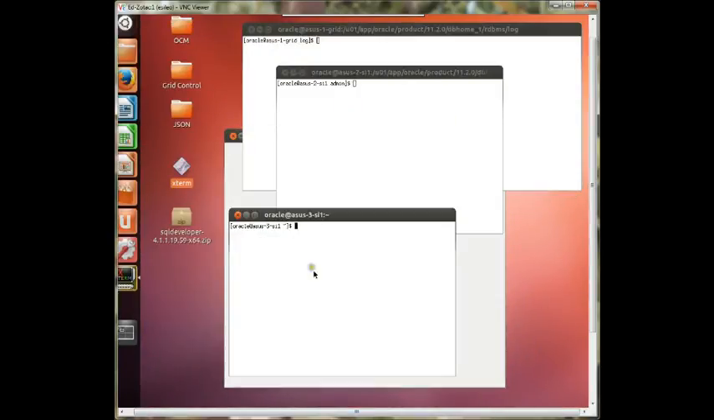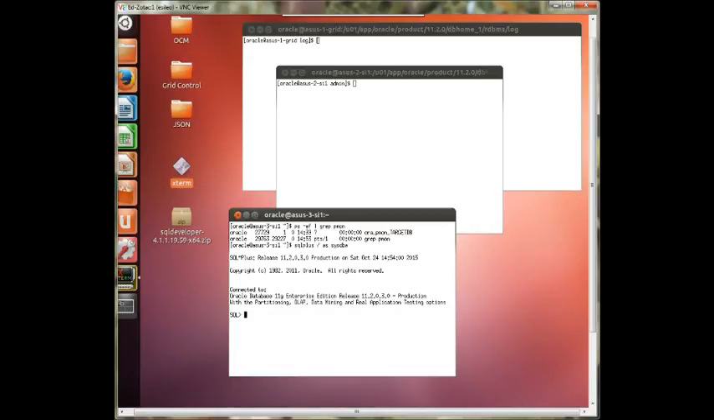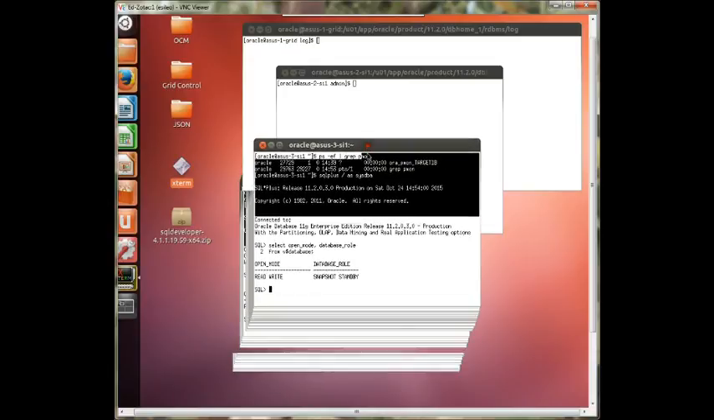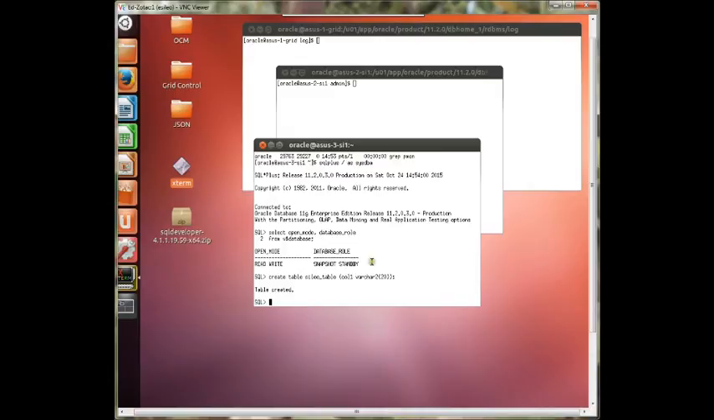I need to look at that. Our target database is located here. Notice that it's in snapshot standby and read write. So let's go ahead and create a table. Now let's do insert into